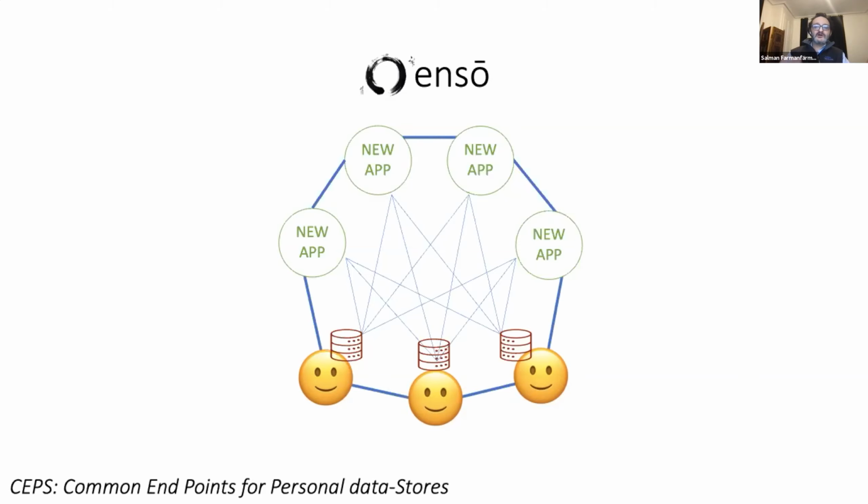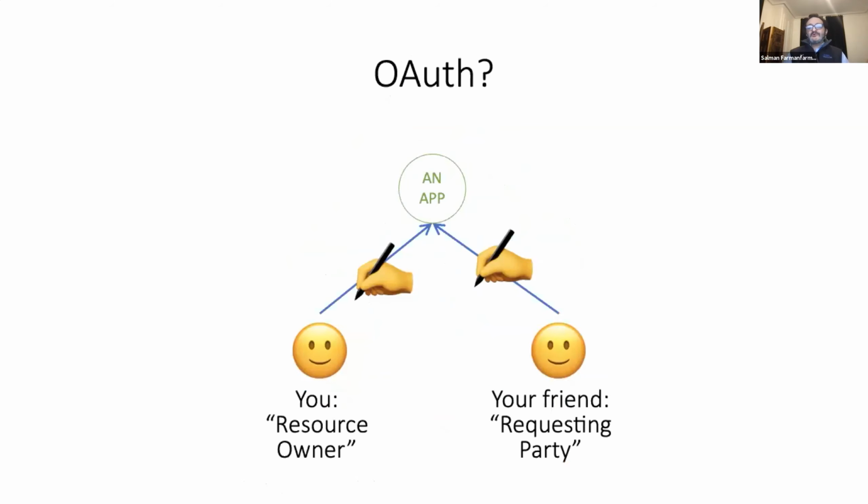If I want to share a bookmark with Dixon, my PDS needs to know that Dixon is who he says he is when he tries to access my data. Normally on the web, you would use OAuth and OpenID Connect, which is based on OAuth, for this kind of thing. The problem with OAuth is that it has some manual steps, which makes it somewhat inappropriate for a decentralized world. Let me try to explain that.